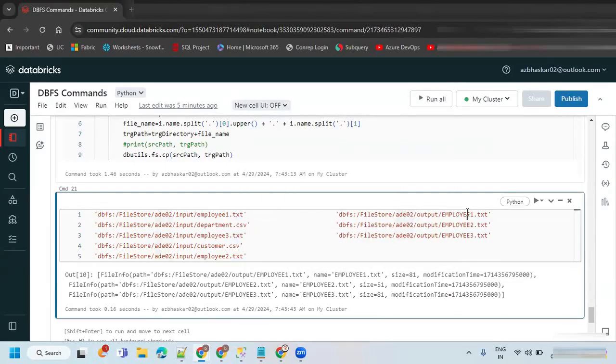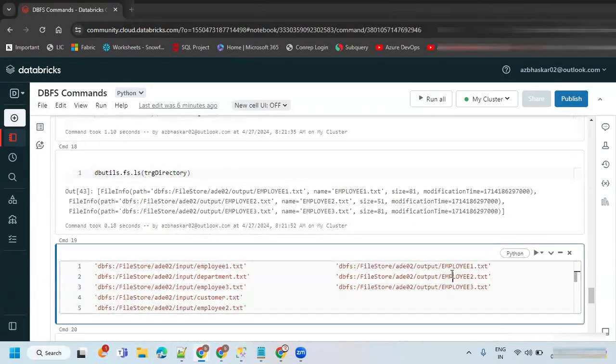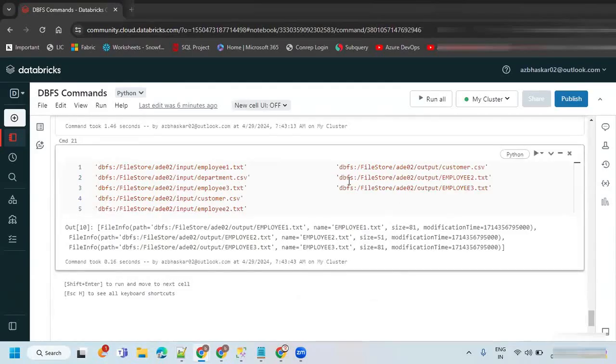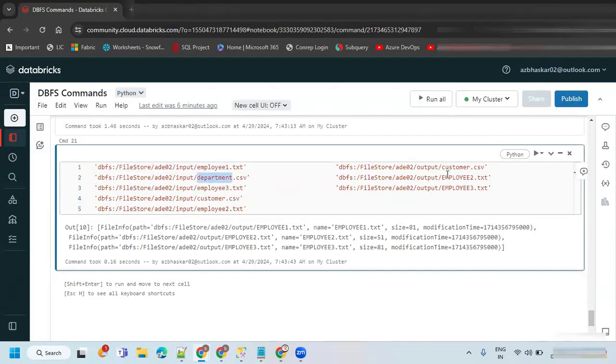In my target, I wanted to take customer.csv and department.csv. Just try for this how you can get it, and create a custom function.